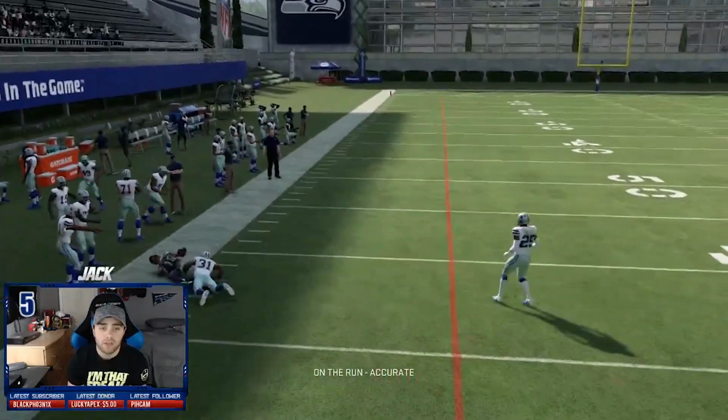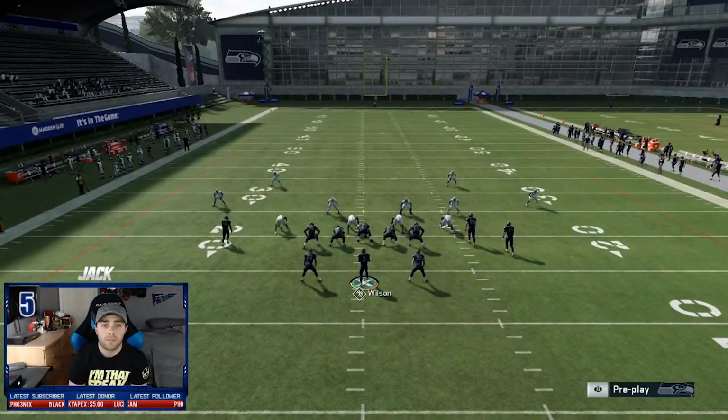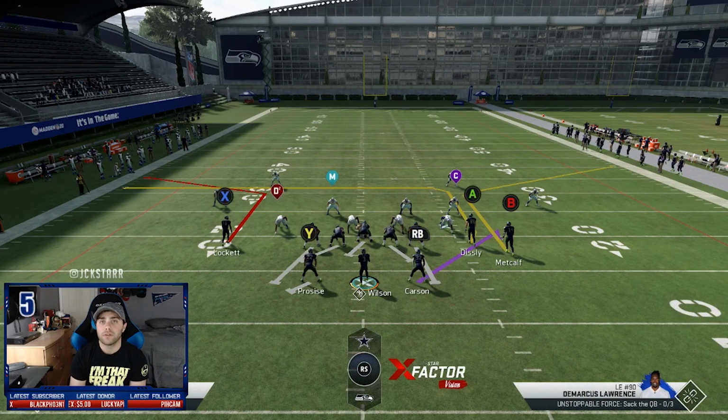Nice little possession catch right there. Little shoulder lean. Come back to the ball. I'm going to show you guys that one more time. Ideally, you want the wide receiver to actually come back to the ball and kind of attack it at its